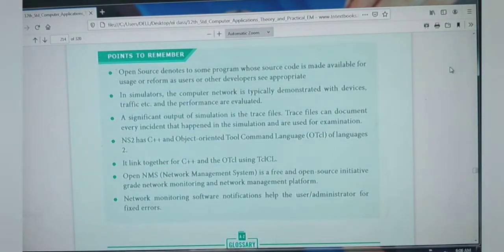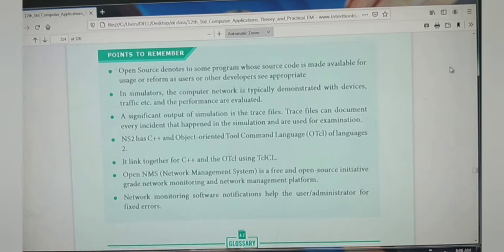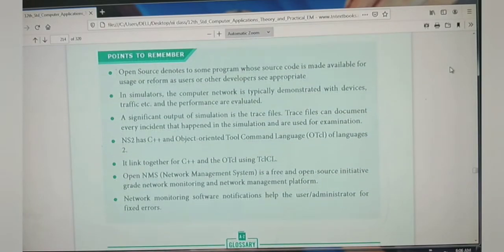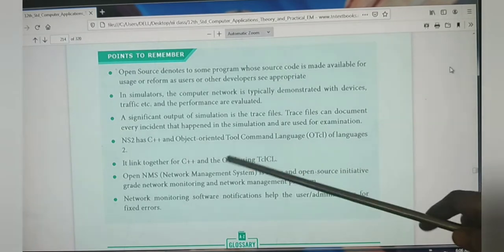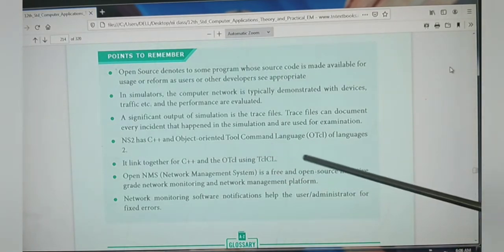Here you underline each and everything, and to have a glance over it, read each and everything given in points to remember. Here you can have the definition for trace files also. Similarly, OTCL is Object Oriented Tool Command Language. The next one links together C++ and OTCL using TCL/CL.